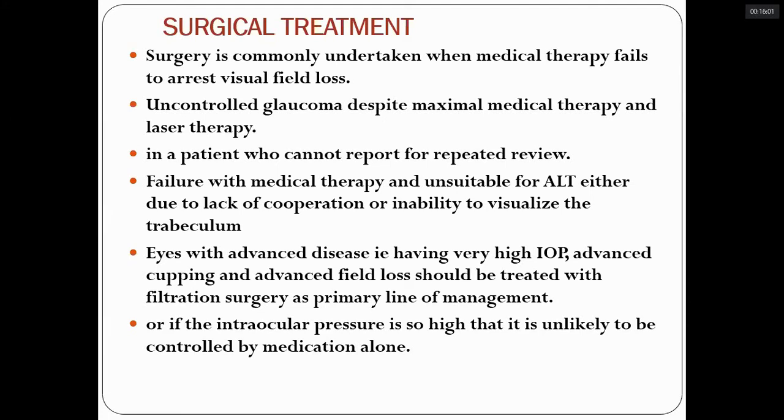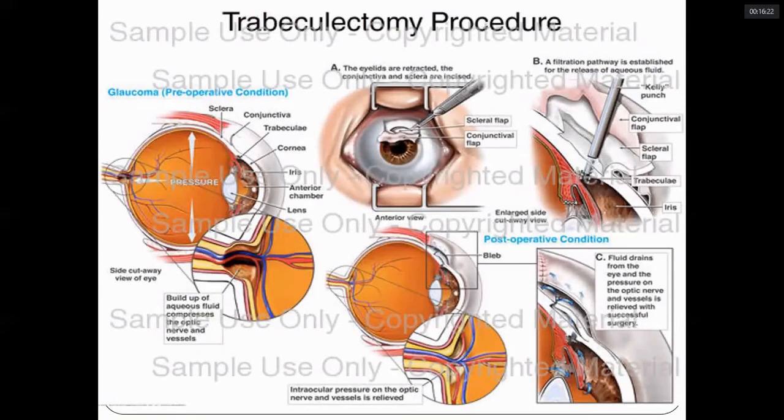And eyes with advanced disease, that is having high IOP, advanced cupping and advanced field loss, should be treated with filtering surgery as the primary line of management. Or if the intraocular pressure is so high that it is unlikely to be controlled by medication alone. So how do you do the